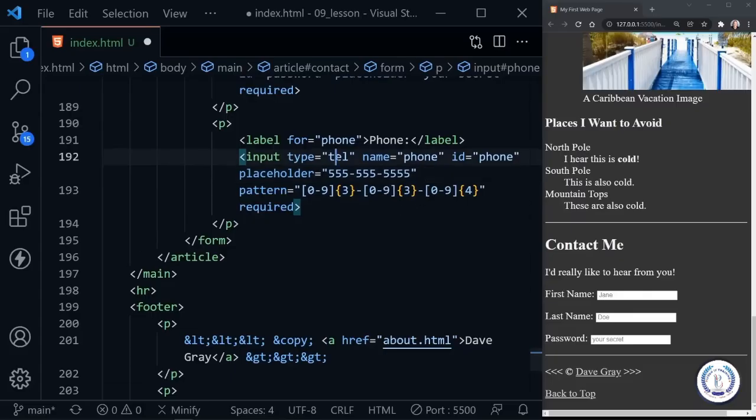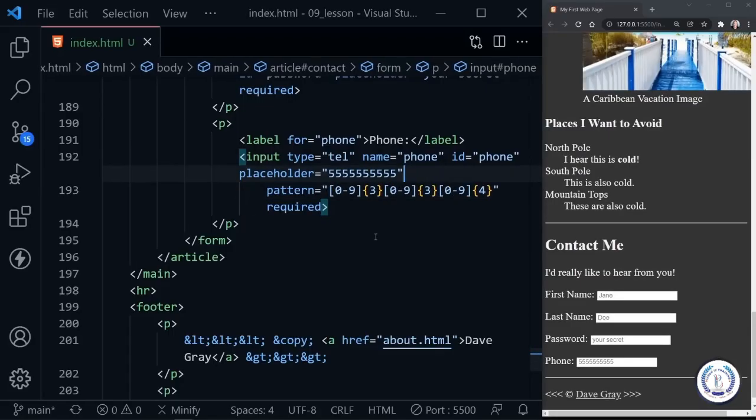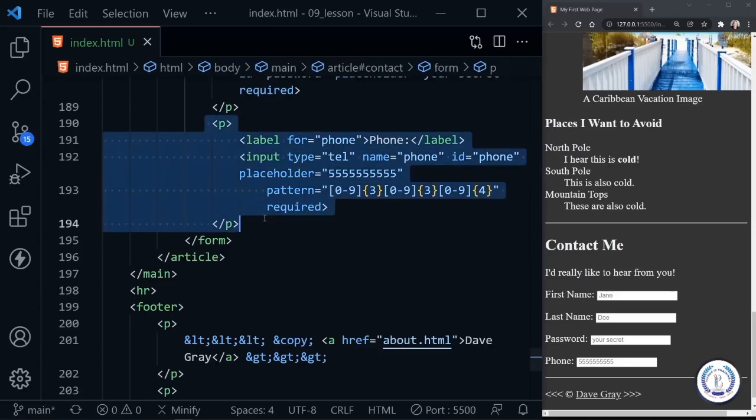Now, why else would we put the type tel instead of type text or type number? Well, type number has a little different display, and it actually provides arrows that would have you click up and down. And we don't want that. But type tel also on mobile devices should bring up a numeric keypad on the screen instead of an alphanumeric, essentially, with letters. It should just bring up what you would say dial for a phone number. And now that I'm thinking about that, the hyphen might not be available on that numeric pad, so let's just make it simpler and go with all numbers here and remove those hyphens from our pattern too, so it could still match. So let's save this, and now I'll go ahead and copy this down, but we'll look at an